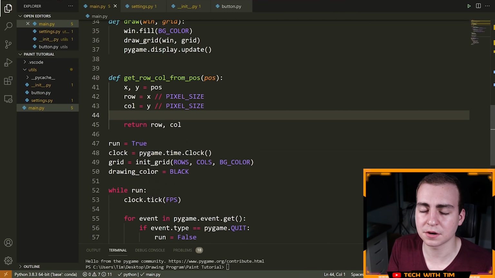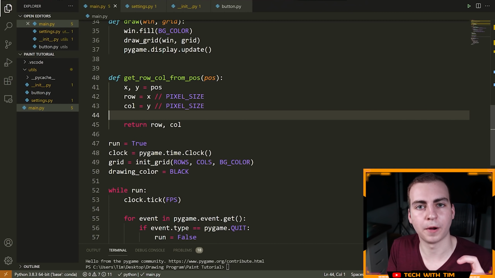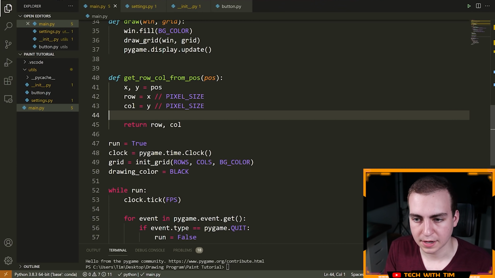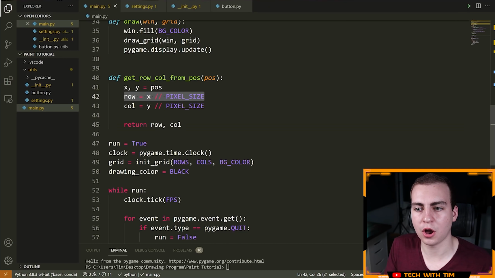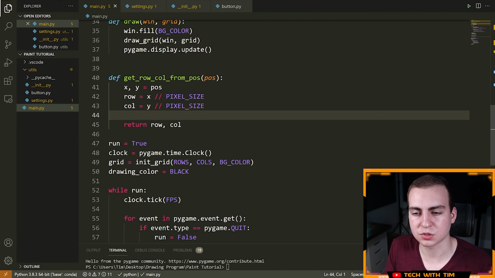Now, the only thing to consider here is that we cannot press a pixel that is in the toolbar, right? We have that little toolbar area, which is not an area where we're able to draw. So we need to ensure that the row that we have is not too low. It's quite possible we could have a row that is greater than 50.